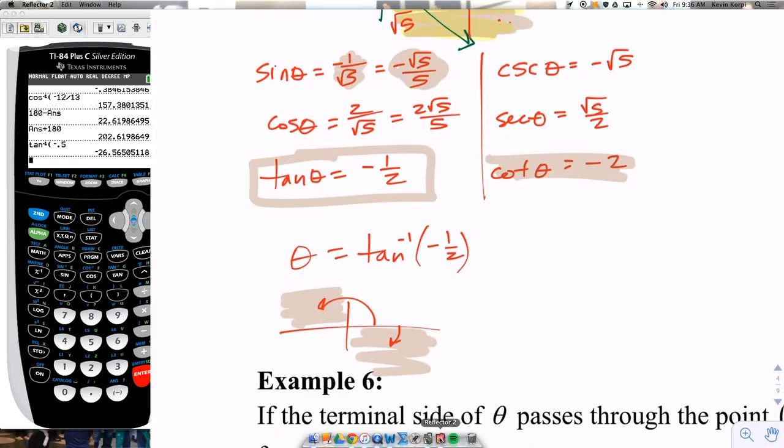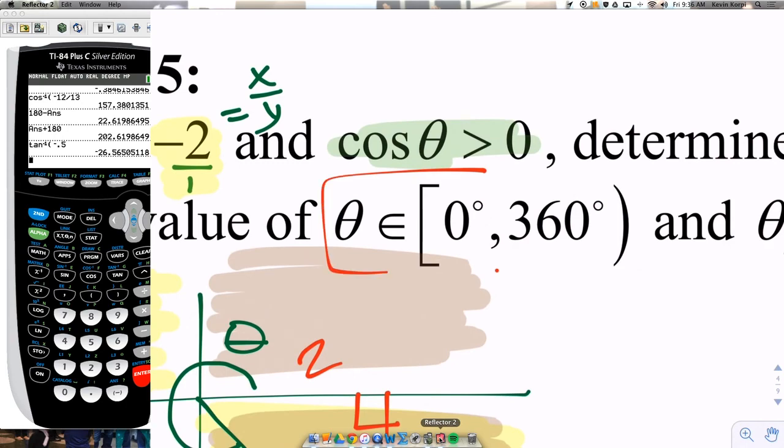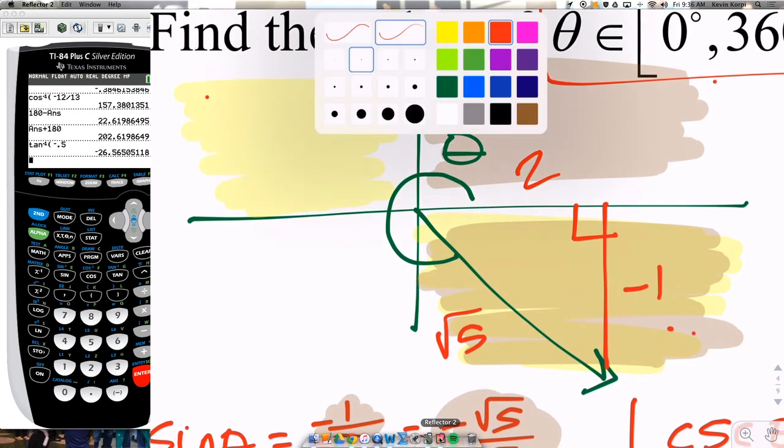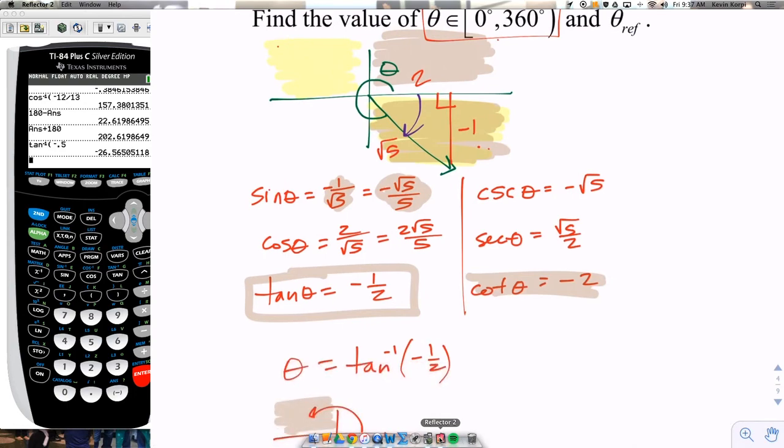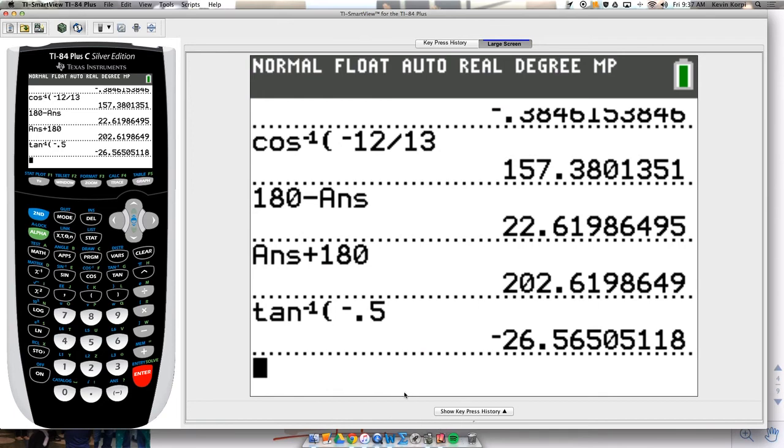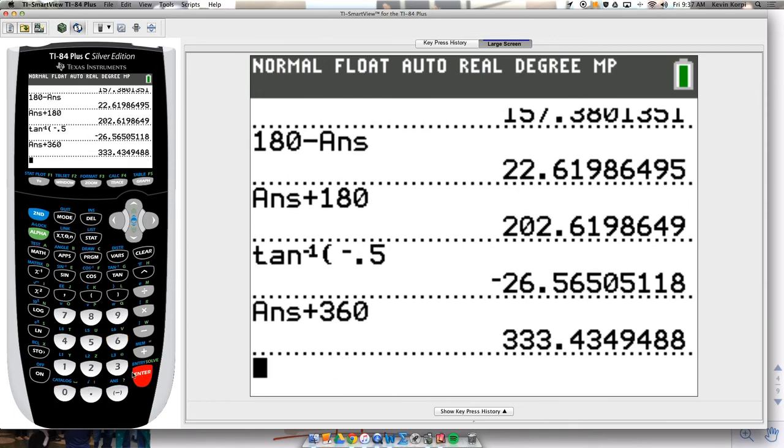Not quite, because we do want our angle to be in quadrant 4, but notice it says we want it to be between 0 and 360. So the one that the calculator gave us got to the same terminal ray, but got there by going straight down, which means it's what with the one we want? Coterminal. So all we need to do if we want to get our angle, since it's coterminal, is do what to this one? Yeah, you can add 360 if you want. So plus 360. If you know it's coterminal, you can add 360. And you get 333.434. Again, I'm a big fan of truncating. So theta is